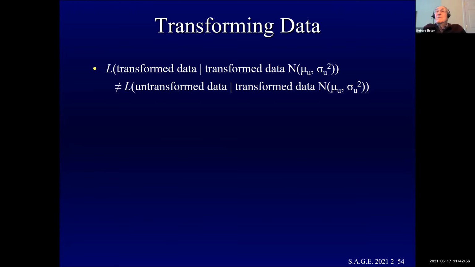You can read it all if you want, but the whole point is that if you take the likelihood of the transformed data, on the assumption that the transformed data, for example, assumes normality with some genetic mean for some genotype and some variance for that genotype, that's not the same as the likelihood of the untransformed data, given the same transformation. The transformed data had this distribution. However,